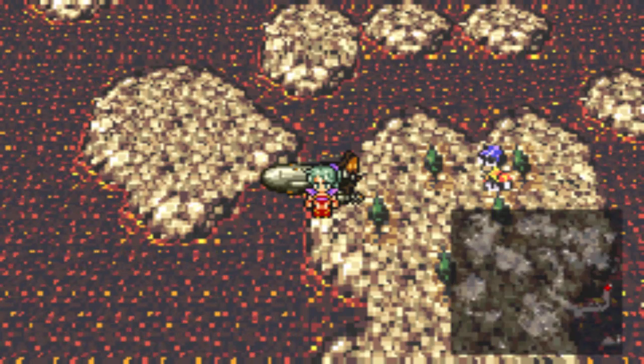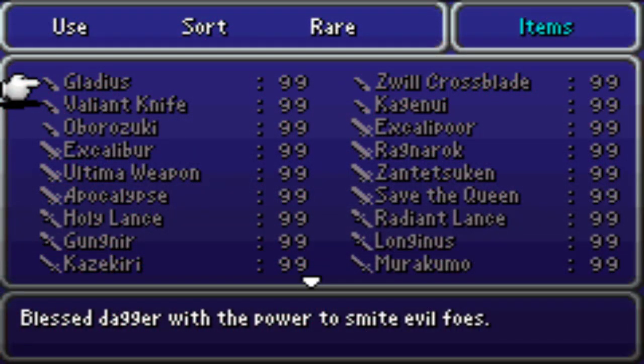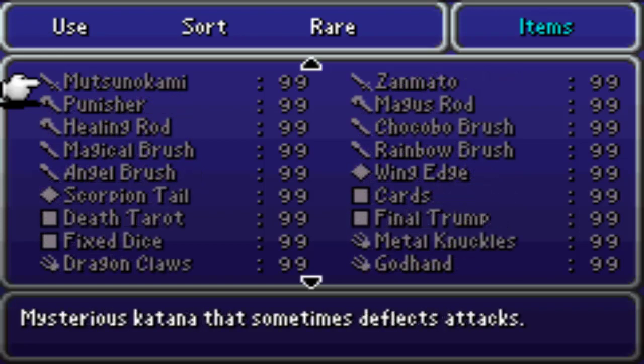Let's see if I can name them all without flubbing. Gladius, Zwil Crossblade, Valiant Knife, Kagenui, Oborozuki, Excalibur, Ragnarok, Ultima Weapon, Santetsuken, Apocalypse, Save the Queen, Holy Lance, Radiant Lance, Gungnir, Longinus, Kazakiri, Mirakumo, Utsunokami, Zanmato, Punisher,